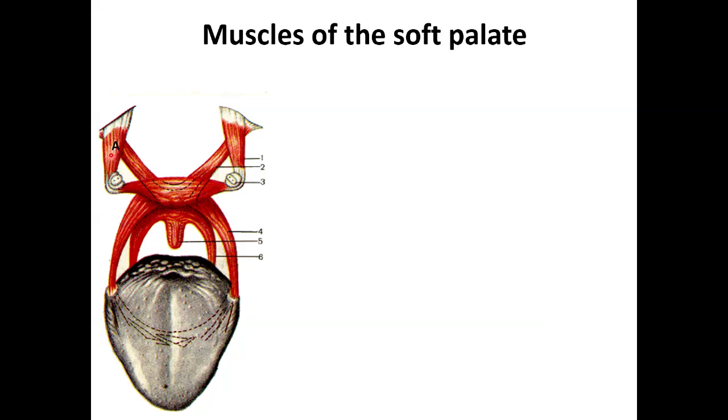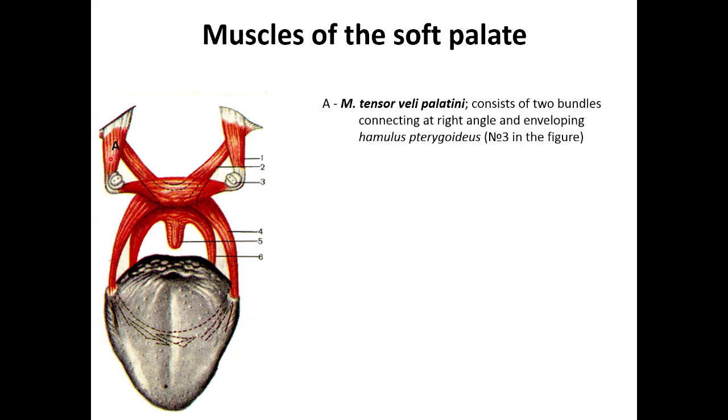I use designation with letter A also. It's a paired muscle, that's why letter A demonstrates the right muscle, musculus tensor veli palatini, here it is. And number 1, the left